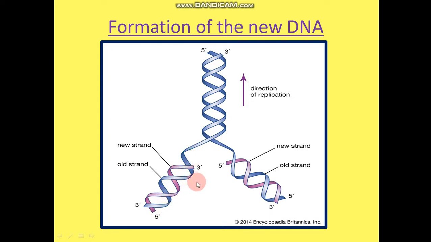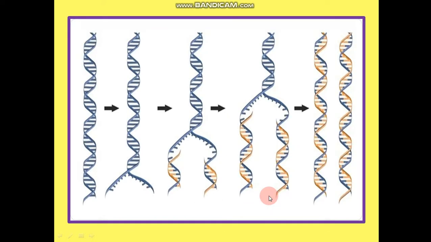And again, I told you in the previous class, it is because of the complementary base pairing. Adenine will be forming two hydrogen bonds and joining with thymine, and guanine will be forming three hydrogen bonds and joining with cytosine. Same complementary base pairing occurs here also, and then they are forming the new strand on the template, you understand, template of the old strand. Clear?